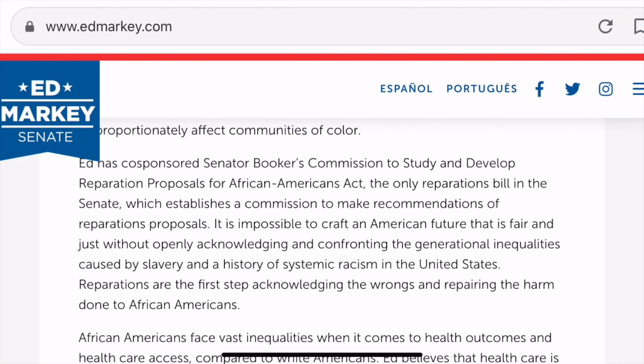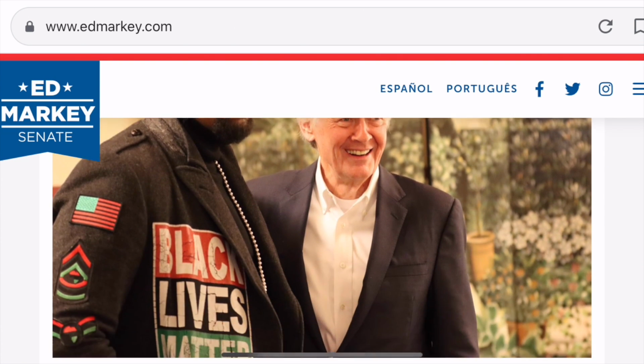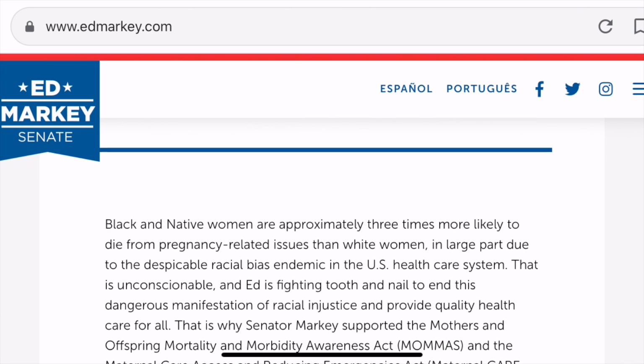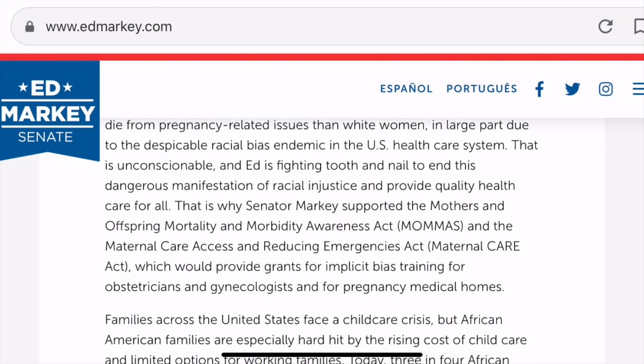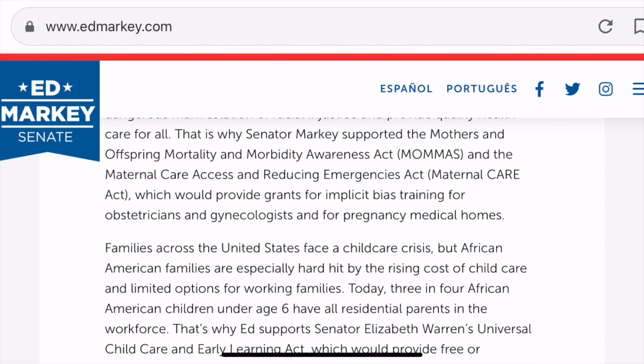In addition, I'm also noticing that he's highlighting the fact that he was an original co-sponsor of the Medicare for All Act. It also says that he supported the Mothers and Offspring Mortality and Morbidity Awareness Act, MAMAS, and the Maternal Care Access and Reducing Emergencies Act.